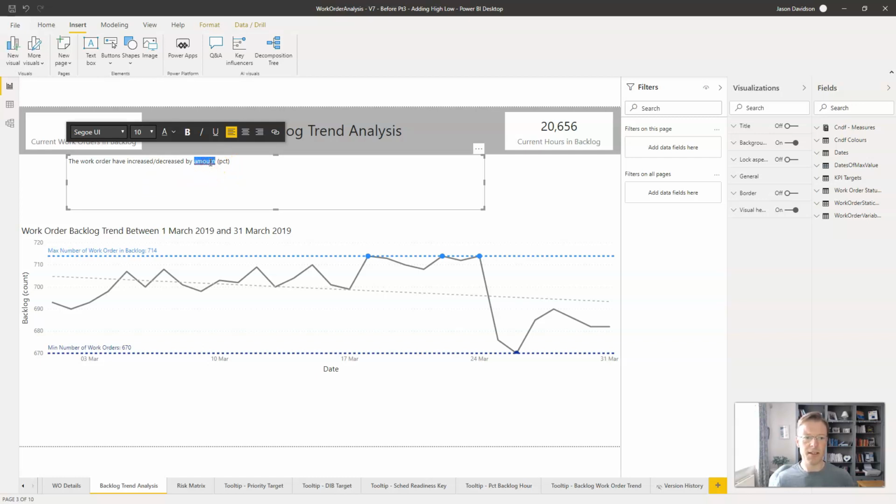So we want to see the work orders have increased or decreased by a certain value, and I want to show that as a percentage, and then I want to say the work order backlog